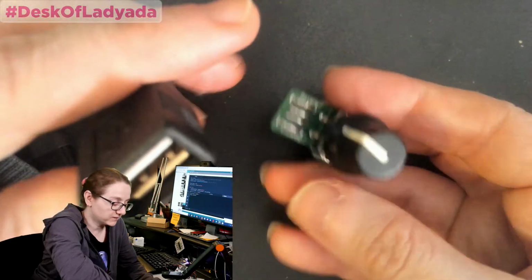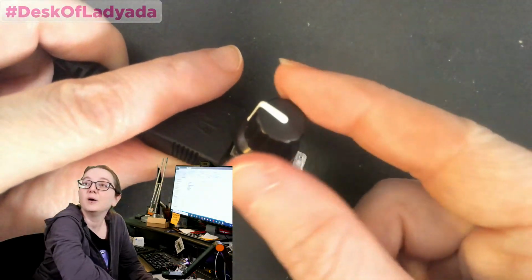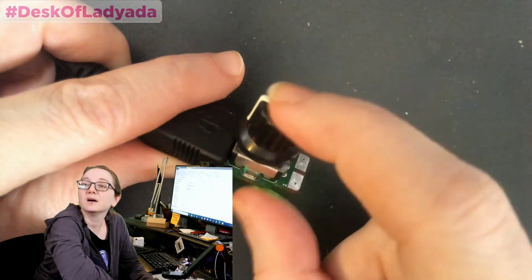There's a NeoPixel on the bottom, and this is a rotary encoder with a knob, and it can also be